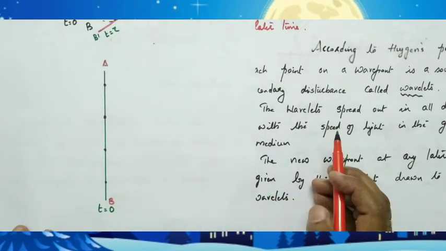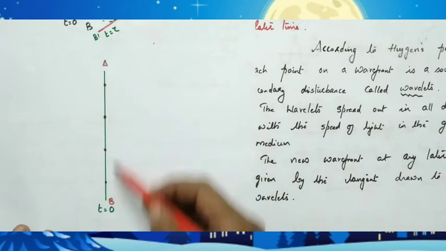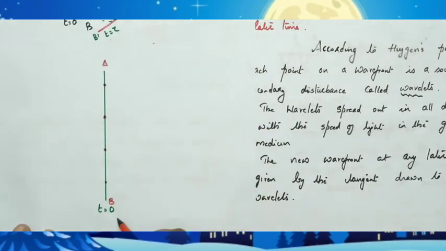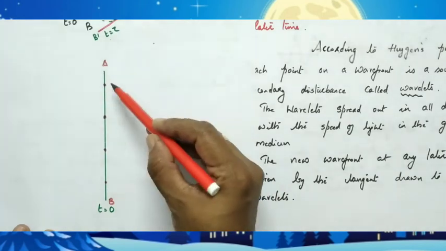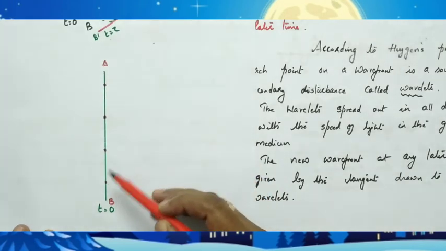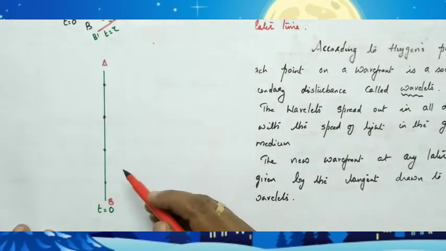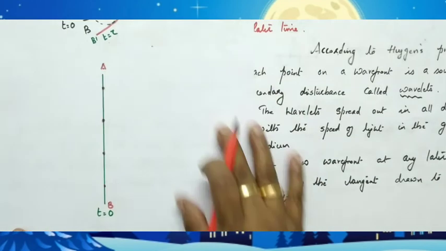This Huygens' principle is applicable for a plane wavefront also. Let this be a plane wavefront at time t equal to 0. According to Huygens' principle, each point of the wavefront acts as a secondary source of disturbance. Now, keeping these points at center, we can draw a number of spheres, similar to the first